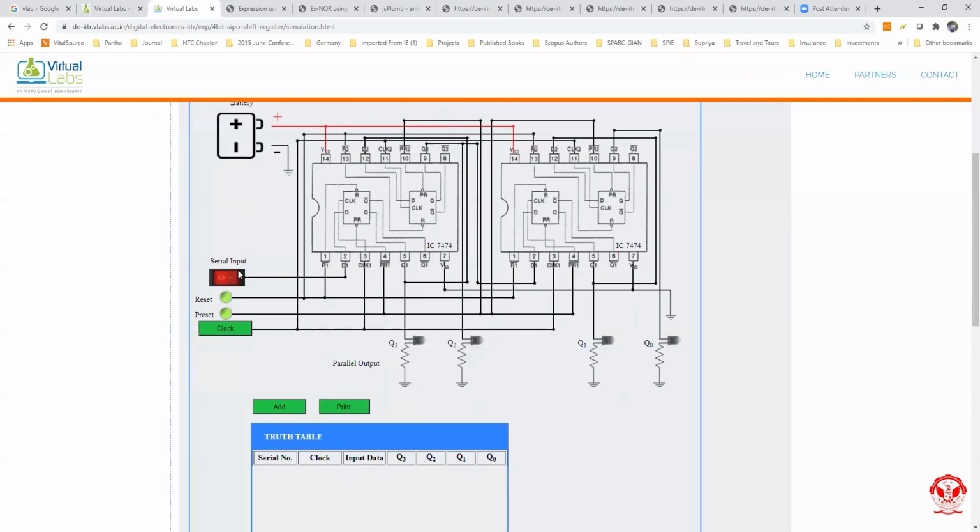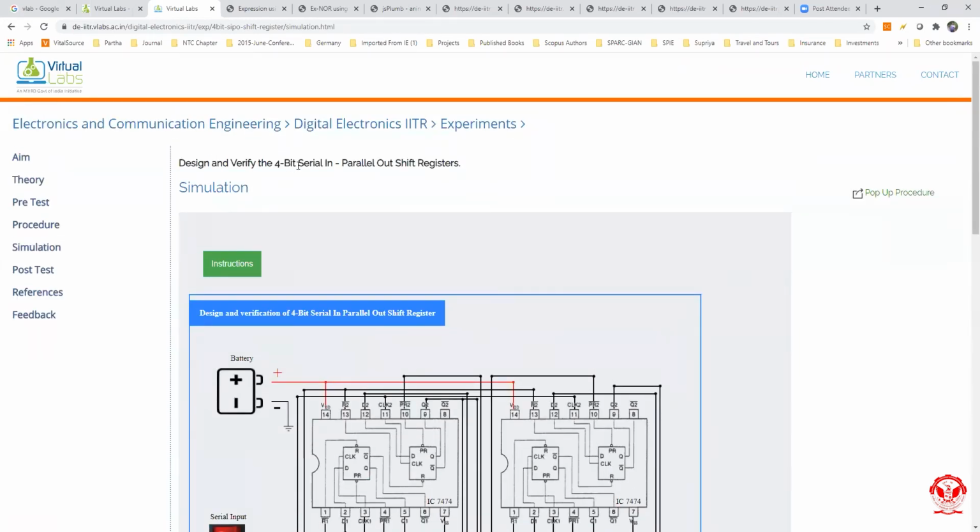This is our input from where we can fill the data serially, and this is our output, which is Q3, Q2, Q1 and Q0. This is our 4-bit serial-in parallel-out shift register.